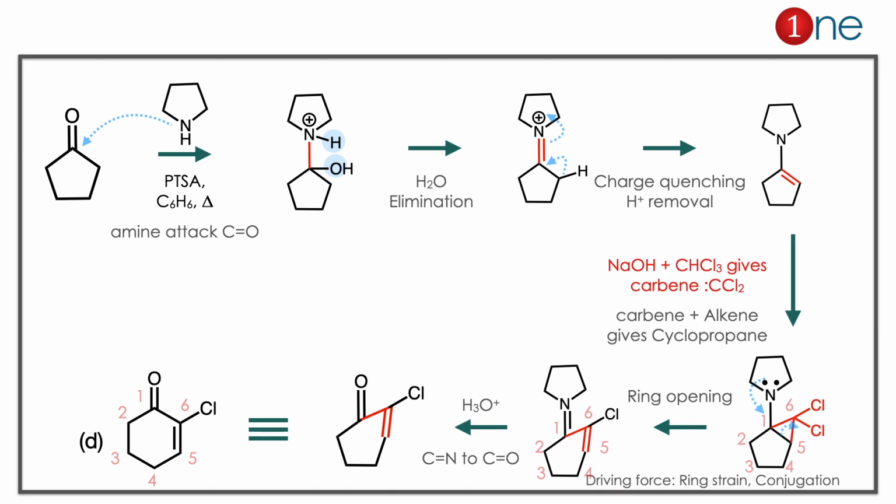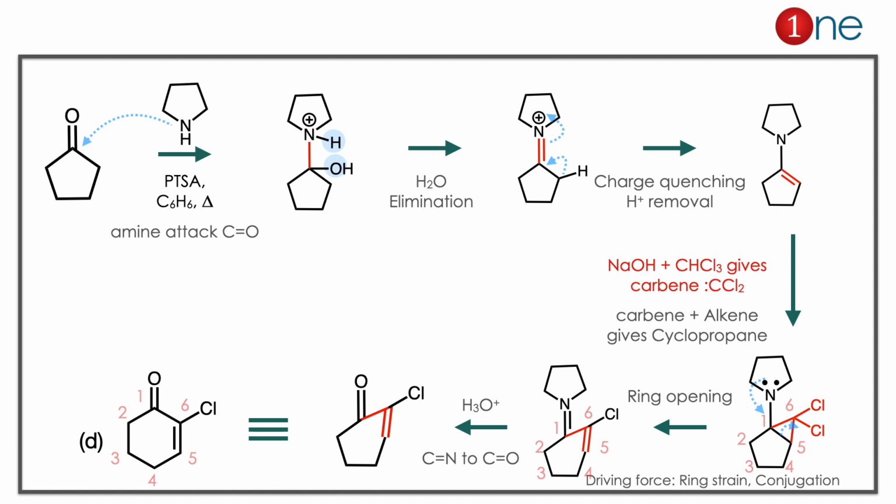The starting material has a ketone and you are using an amine, so definitely imine formation. The imine is formed through carbonyl attack, where the amine attacks the carbonyl, H and OH is there. So the water is eliminated. You have a C=N double bond, which is the imine. Then the charge has to be quenched. The possible way is hydrogen elimination. So a double bond is formed. So hydrogen leaves. You have the charge quenching. So the cation is quenched there.